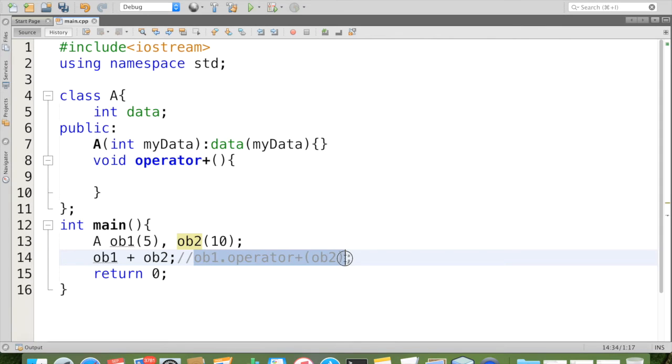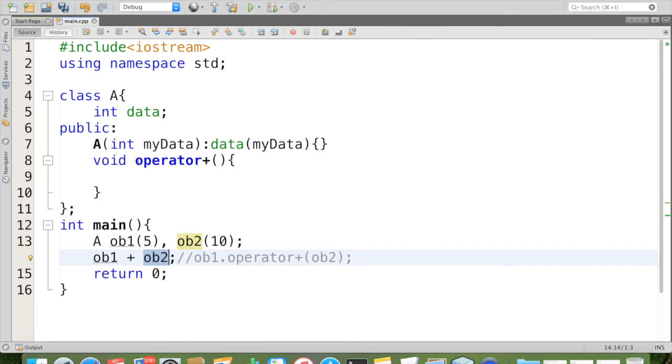That is how the operator overloading function is invoked. So the expression OB1 + OB2 is equivalent to OB1 dot, that is the left-hand operand object, then the operator overloading function name, operator+, then OB2 passed as an argument.